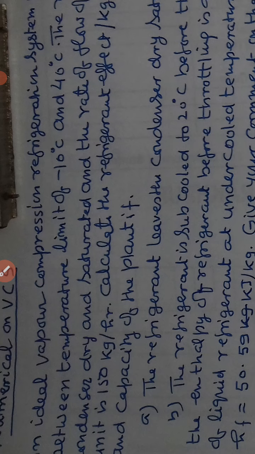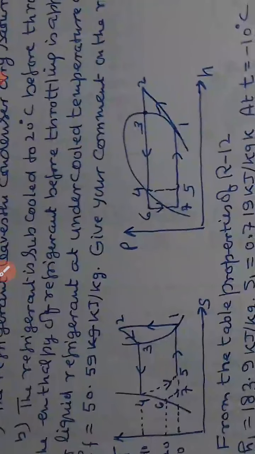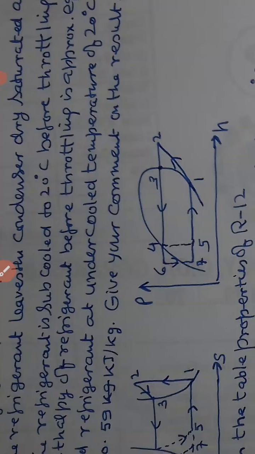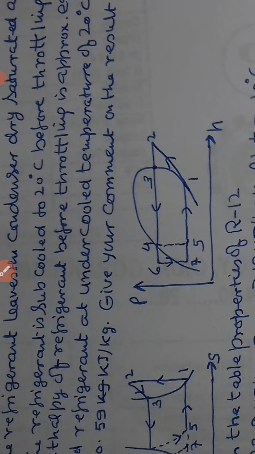A. The refrigerant leaves the condenser dry saturated as stated, it is given in the question that it leaves the condenser dry and saturated. Then B part, the refrigerant is subcooled to 20 degrees centigrade before throttling,